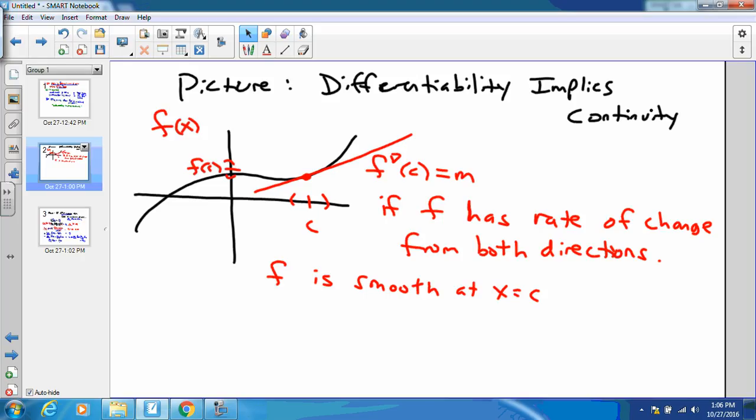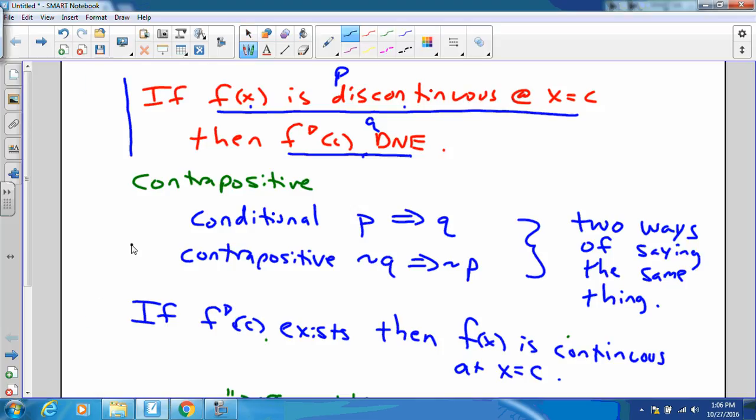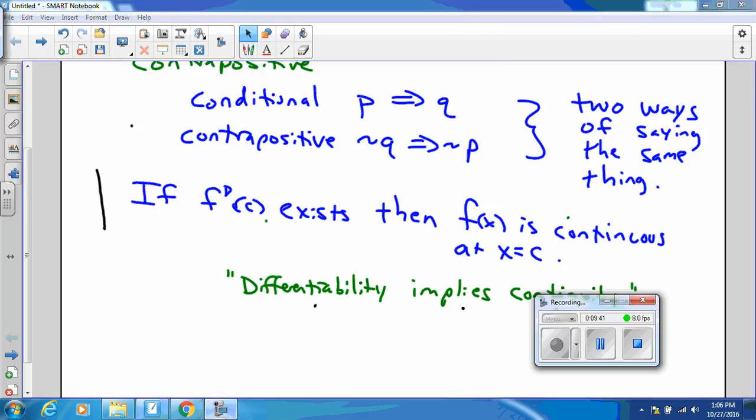Well, that's our proof. And the proof is actually useful and valuable, but the picture is even better. And that is that f has a rate of change from both directions. F has to be smooth. In other words, here's our strict legal language. If f prime of c exists, then f is continuous at x equals c. Or even better, differentiability implies